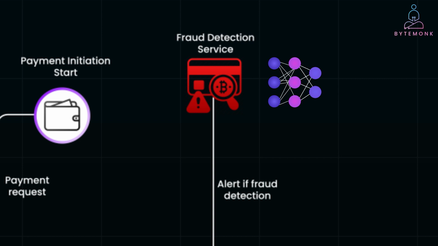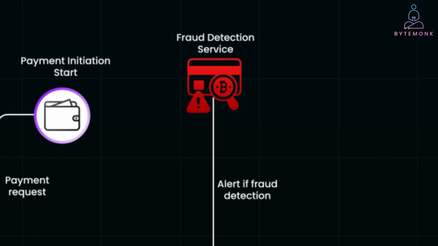If the fraud risk score is above a certain threshold, the fraud detection service publishes a message to Kafka to halt the transaction or trigger additional verification, like multi-factor authentication. If the transaction is flagged, the system can either roll back the transaction using compensating transactions or require additional user